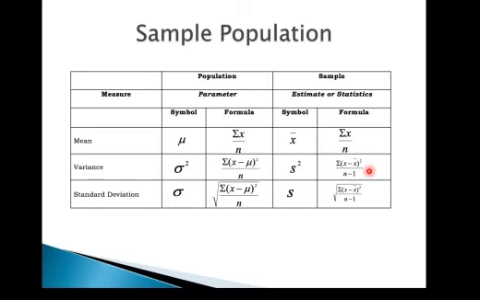Suppose I have a finite population, for example, 1,000 students in a class, and I would like to get the mean weight of this finite population where N is equal to 1,000. Suppose the mean weight of my 1,000 students is